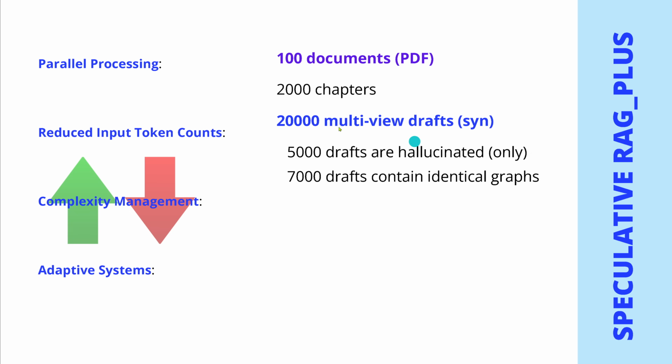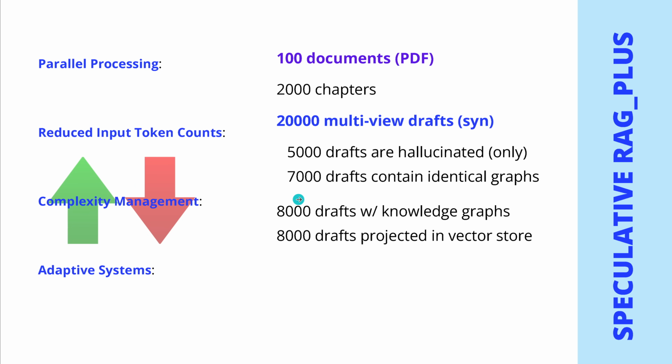Maybe, maybe not. Plus, from these 20,000, we have about 7,000 drafts that contain the identical graph structure if we now build a knowledge graph on the multi-view text graph subtexts. Great. Therefore, we have 8,000 drafts left, and now, of course, we have to do here the complete knowledge graph representation, if we have not done it when we calculated the identical graph structure where we have duplicates. 8,000 drafts with knowledge graph, and then we have, of course, since we also have to use the vector store,